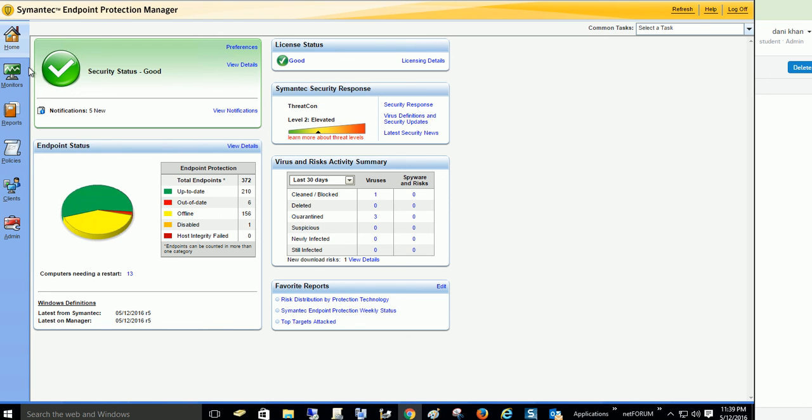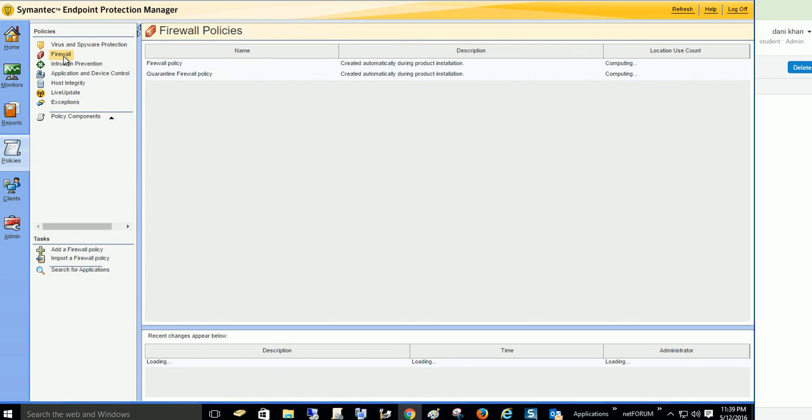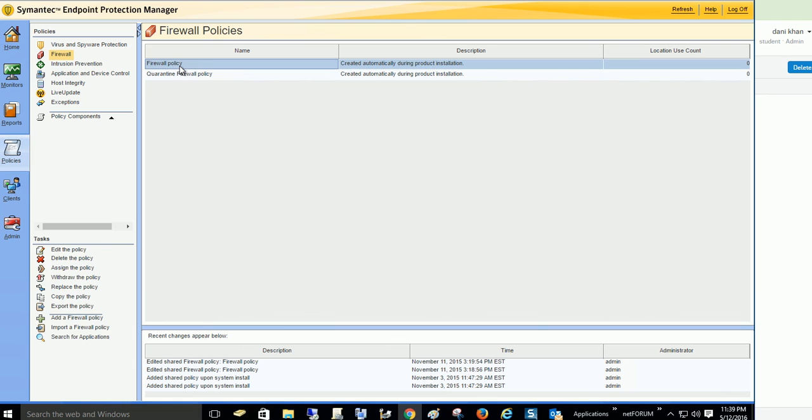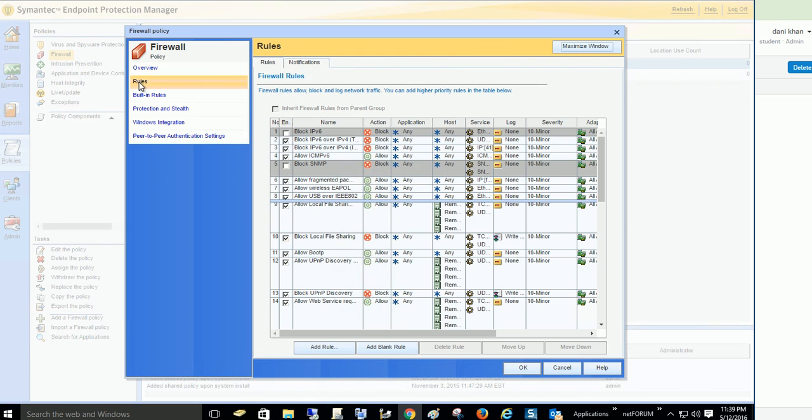But like I said, it's more than just the antivirus stuff. You have more firewall-related stuff over here too. You can go to the policies, and this is more of an enterprise-level application. This is where you will do a lot of firewall work. You can see the firewall policies right here in this application, and there's a lot going on on the firewall side. Like I said, you probably have a different firewall taking care of everything, but you need to learn about this stuff also, if you're using a server-based antivirus that has the ability to do firewall things and web